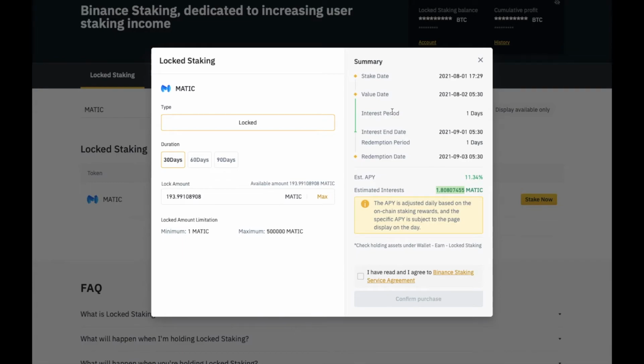The interest period frequency is 1 day. The interest end date would be exactly 30 days from today, that is 1st of September, and the redemption period is 1 day, and the redemption date is +1 from that, which would be 3rd of September. So it means that if today, that is the 1st of August, I start my staking, it commences from tomorrow, and on 3rd of September the staking period ends, and that is when I will be receiving the principal plus the interest on my Binance Matic wallet at